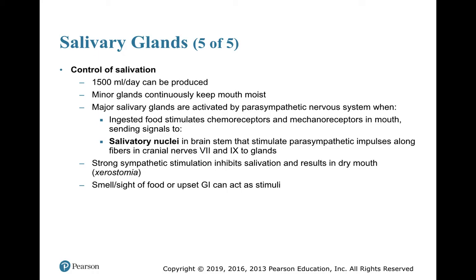They send signals to the salivatory nuclei in the brainstem that stimulate parasympathetic impulses in fibers in cranial nerves 7 and 9. Too strong a sympathetic stimulation will inhibit salivation, leading to dry mouth. And even the smell and sight of food or an upset GI tract can stimulate the production of